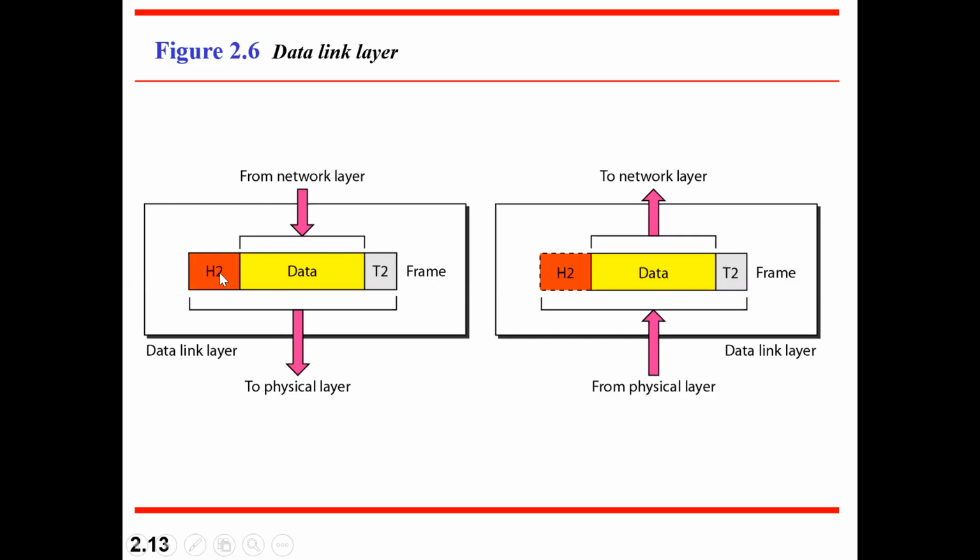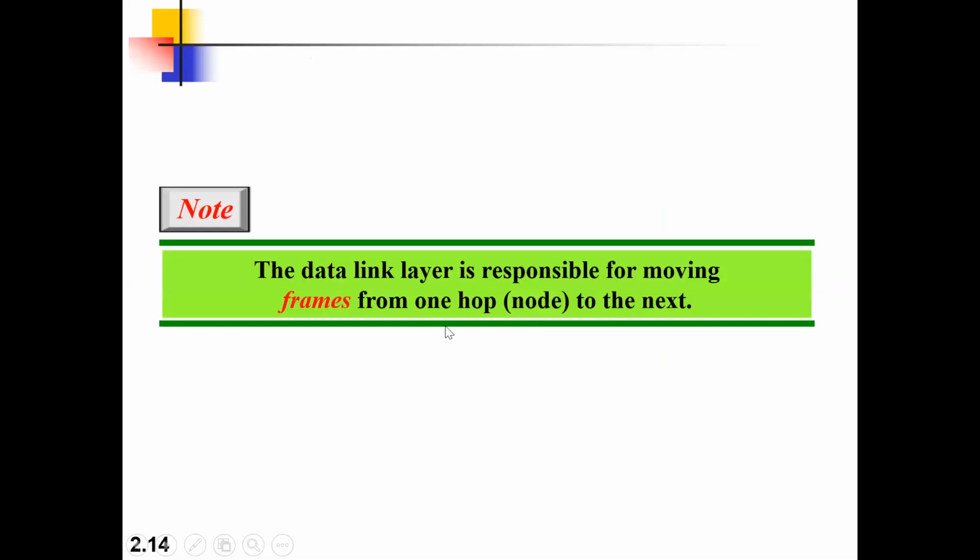So it will have a header followed by a footer. The header is nothing but extra information about where that particular data is available. Along with that, it will attach the error control, error detection, or error correction methods, whatever is necessary, and which method is used. All those details will be attached to it. That's all. So it is responsible for moving frames from one to.